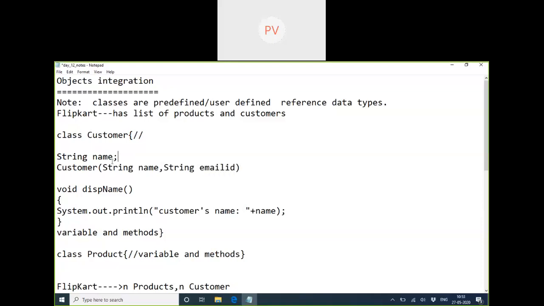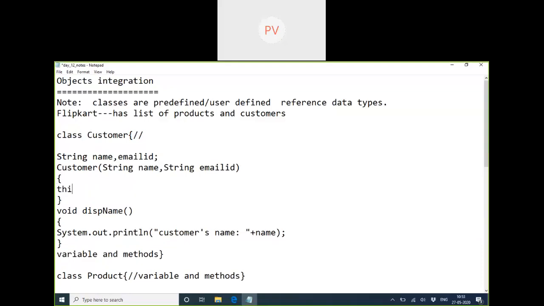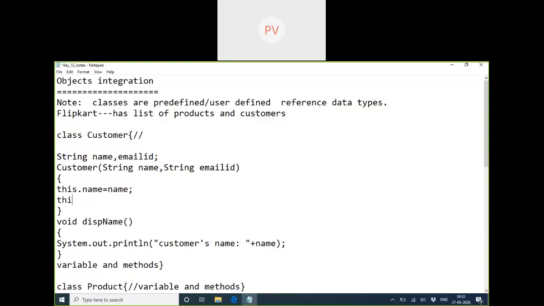So here I should also have another variable called email. Then we can go for the initialization inside the constructor: this.name = name and this.emailID = emailID.